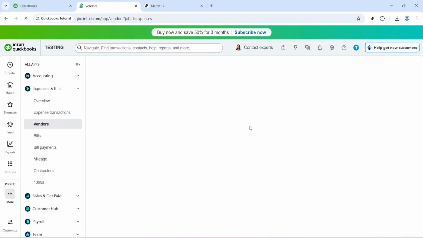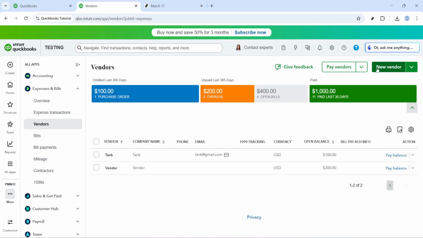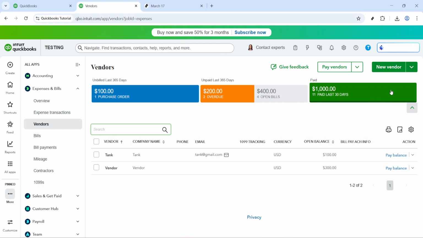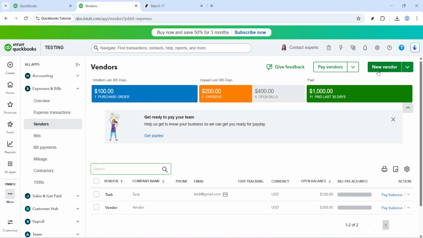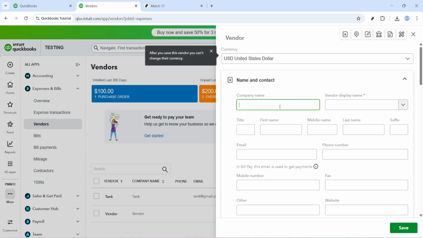Begin with the company name. This is how the vendor will appear throughout your books, so use the official business name they invoice you under. Next, enter the contact person's details. First name, middle name if you have it, and last name. Adding a real contact helps with follow-ups and clarifications, especially when you're matching bills to purchase orders or confirming delivery